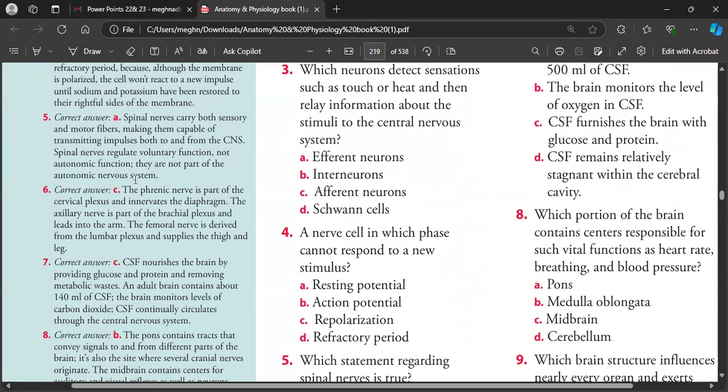So what is their explanation? The phrenic nerve is part of the cervical plexus, I mean C1 to C7, right? And it innervates, meaning it is distributed to, the diaphragm. And the diaphragm is the principal muscle for respiration. The axillary nerve is part of the brachial plexus and leads into the arm. And also,